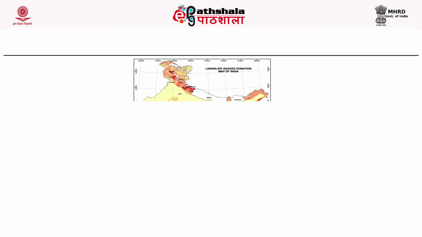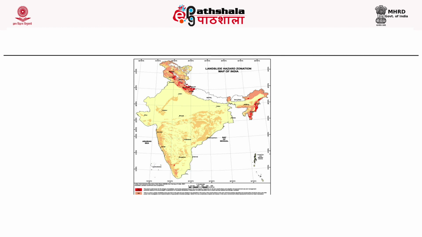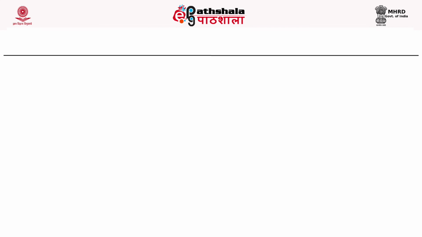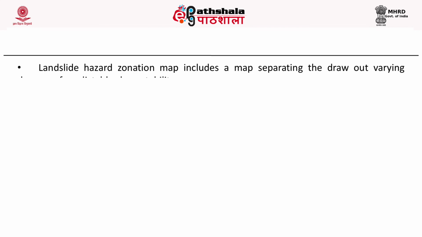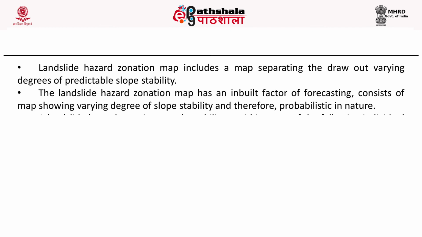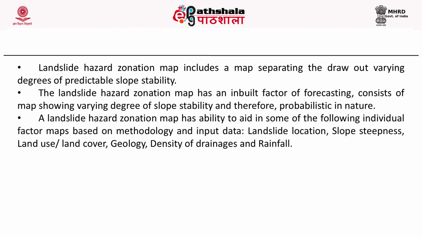This figure describes the landslide zonation map of India that represents the varying degrees of predictable slope stability for determining landslides. This zonation map has an inbuilt factor of forecasting and consists of maps showing various degrees of slope stability, and therefore these maps are probabilistic in nature. It has the ability to aid in some of the following individual factor maps based on methodology and input data. For example, the landslide location, the slope steepness, the land use land cover, the geology, the density of drainage as